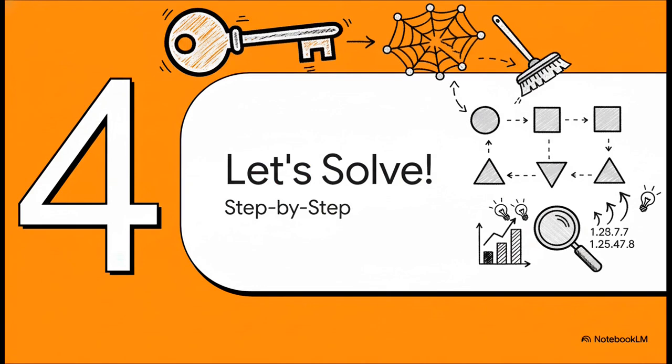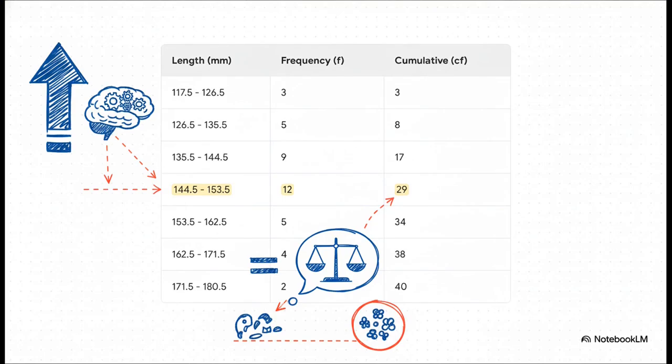ओके, सो ट्रैप को हमने पहचान लिया और डेटा को फिक्स भी कर दिया। अब हमारा फाउंडेशन बिल्कुल सॉलिड है। अब हम रेडी हैं इस प्रॉब्लम को स्टेप बाय स्टेप सॉल्व करने के लिए। लेट्स डू दिस। तो ये रही हमारी नई करेक्टेड टेबल। अब अगला स्टेप, क्यूमुलेटिव फ्रीक्वेंसी यानी CF कॉलम बनाना। ये बहुत आसान है, बस फ्रीक्वेंसीज को एक के बाद एक ऐड करते जाना है। पहला 3, फिर 3 + 5 = 8, फिर 8 + 9 = 17 एंड सो ऑन।